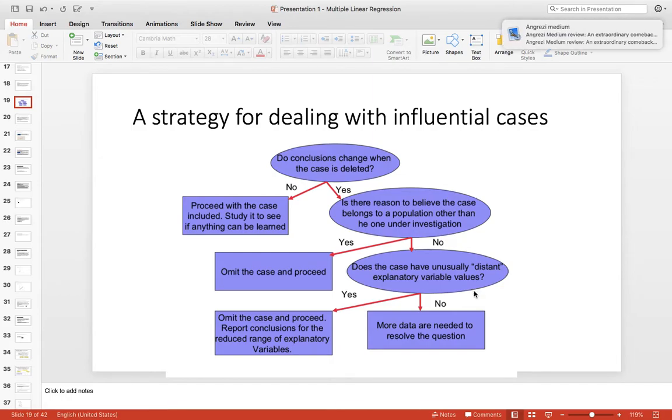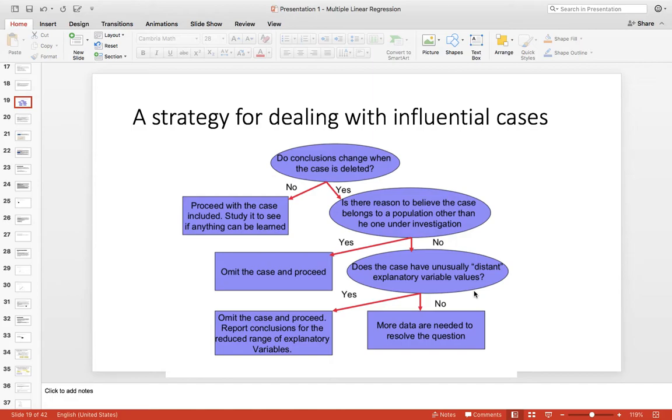But if you think it's going to change your results, is there reason to believe the case belongs to a population other than the one under investigation? Do you think that it doesn't belong here? It is an outlier. If the answer is yes, then omit the case and proceed. So if you think that value is really an abnormal value, like due to a wrong entry, delete it.